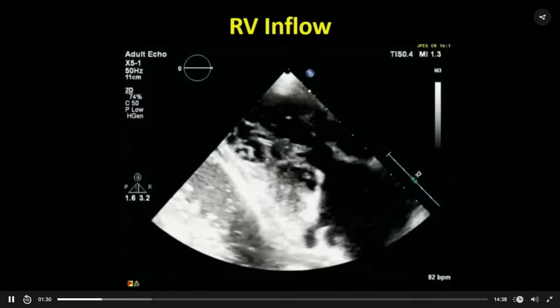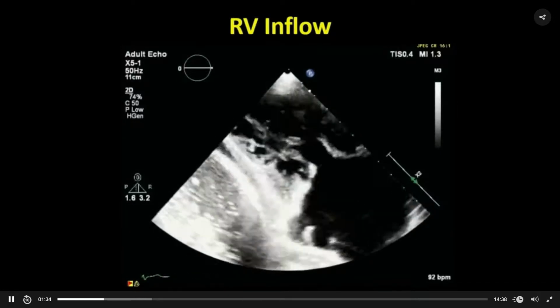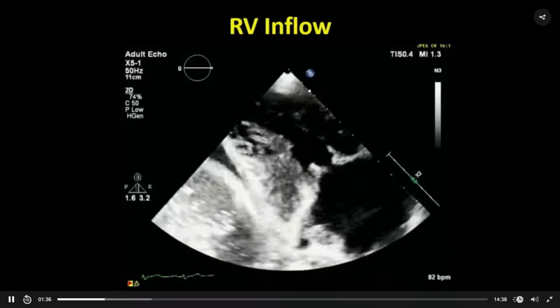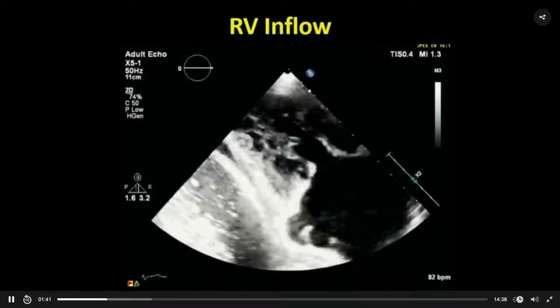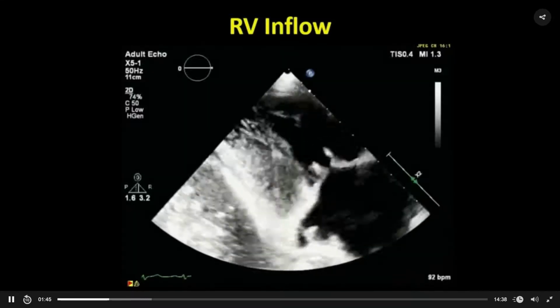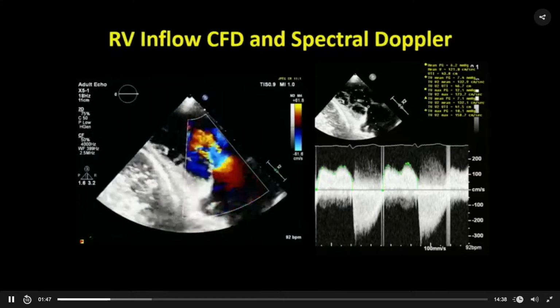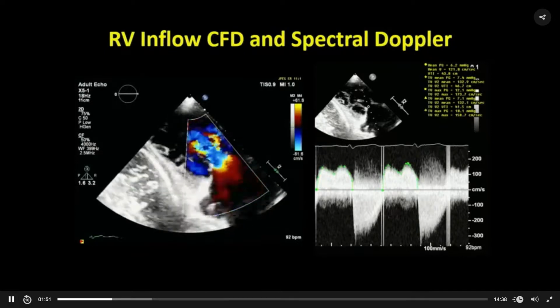This is his RV inflow view. This is a classic image of a patient with carcinoid. His tricuspid valve leaflets are thickened. They're fibrotic, very rigid, and retracted, and held in a semi-open position. So through this malcoaptation, he has severe tricuspid insufficiency, and you can see accelerated flow going back forward across the